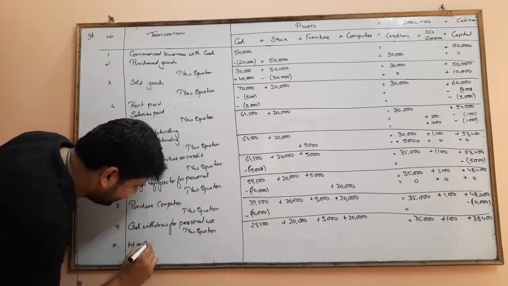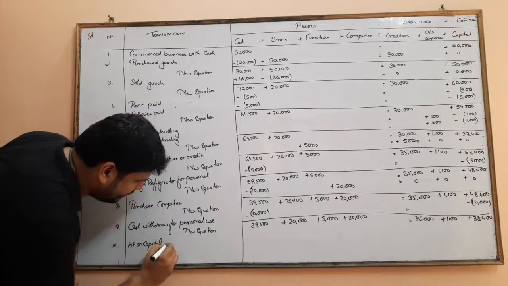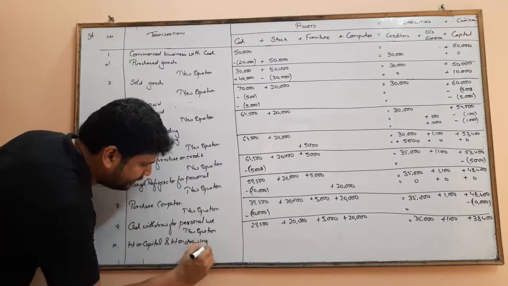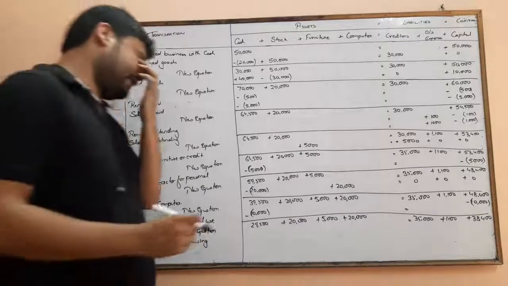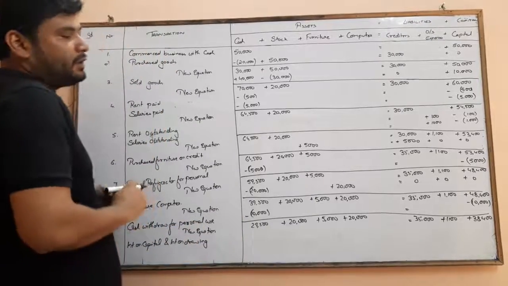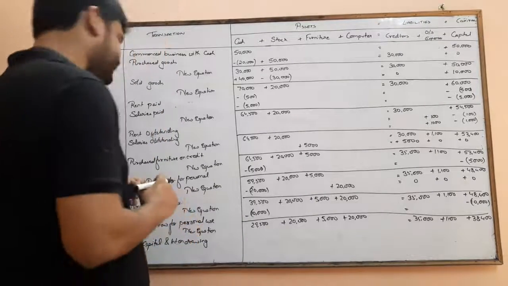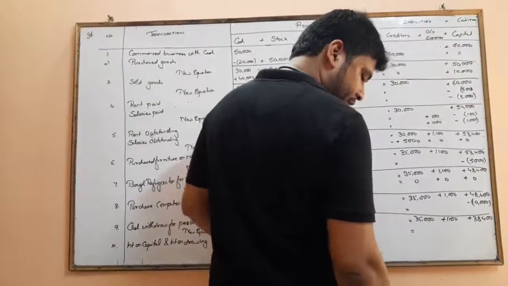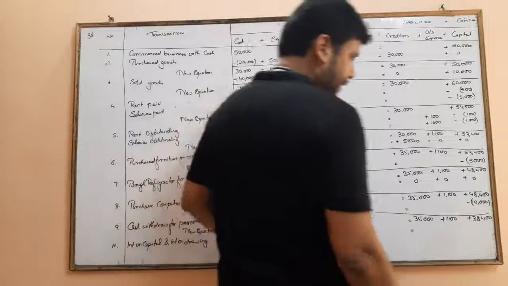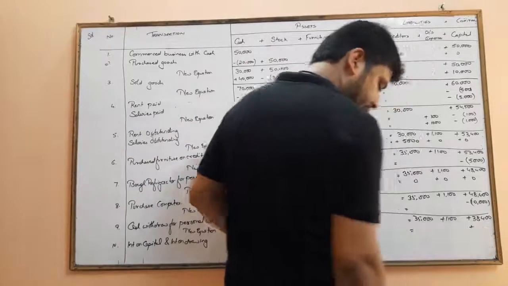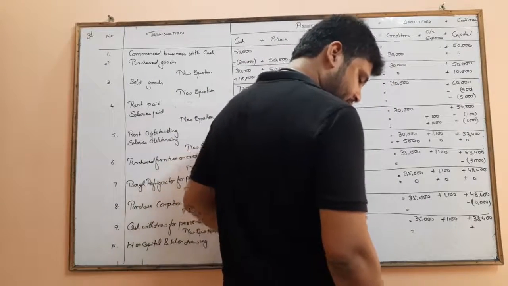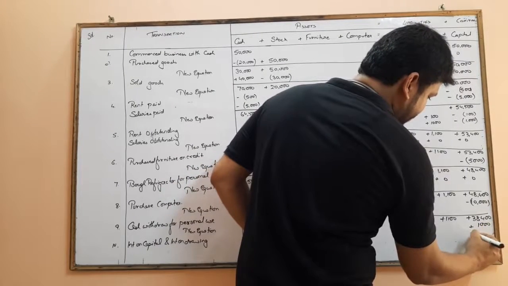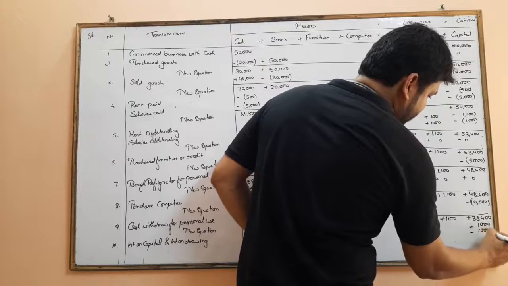Interest on capital and interest on drawing. Now when we talk about interest on capital, it is an expense for the company and income for the owner. So that particular interest on capital will be added in the capital account of the partners as rupees 1000, and will be subtracted from the company's capital as rupees 1000 as it is an